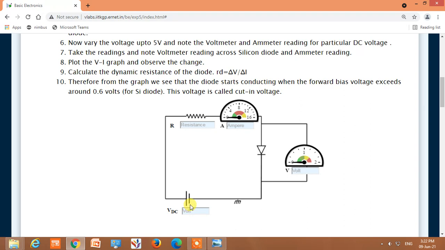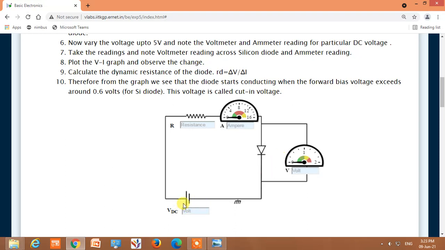Once we have increased the forward bias voltage to 0.7 volt, the diode will get forward biased and the ammeter will show a current of approximately 10 to 15 milliamperes, and the voltage across this diode will be around 0.7 volts.